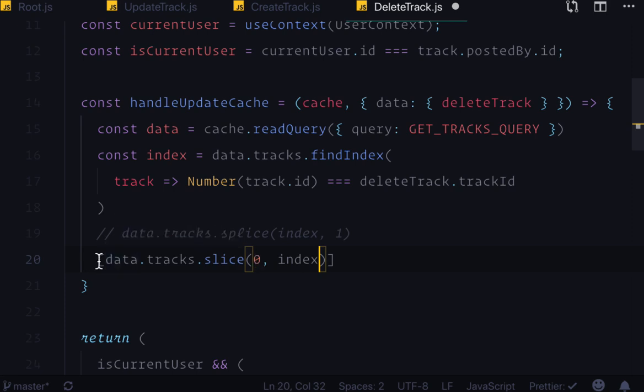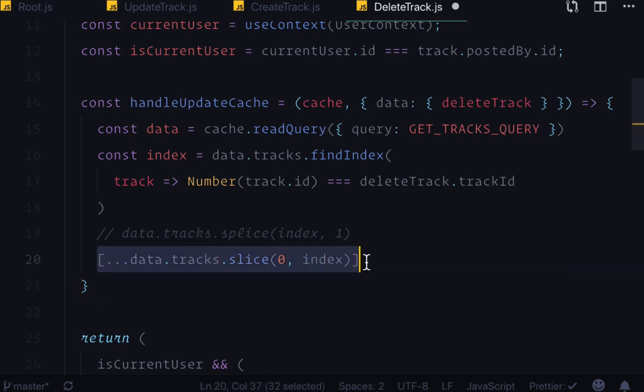And since we have now an array within an array, since slice returns an array, we want to spread all of the individual array elements that are returned from slice into this new array. So we do that with the help of this spread operator. So this creates a new array of elements from the beginning of the array up until the element that was found. We'll then omit that element and then slice after the element to the end